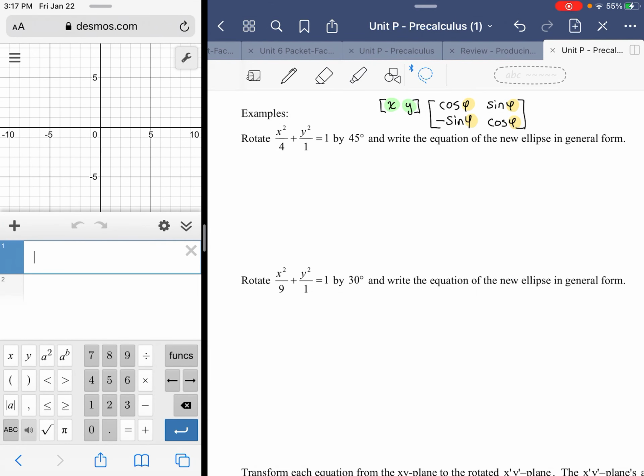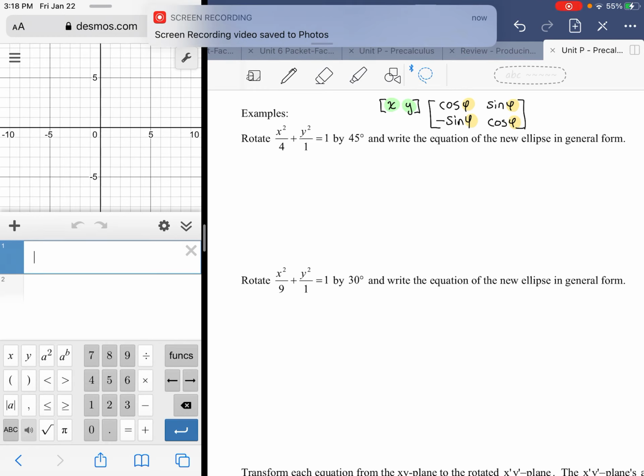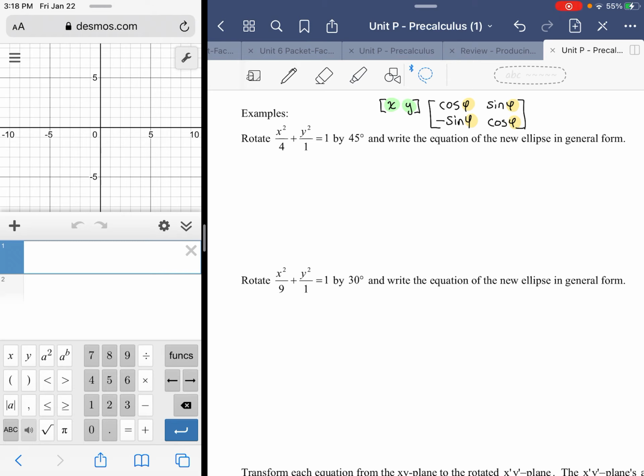So building off of what we did on the previous page, we need to rotate x squared over 4 plus y squared over 1 equals 1 by 45 degrees. And then write the equation of the new ellipse in general form. Tall order, that last part, but at least for the first part, we can, based off of prior investigations,